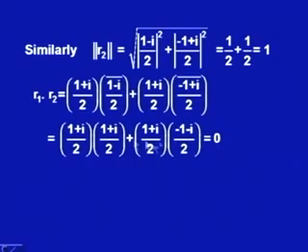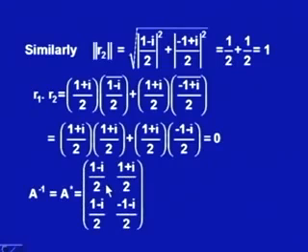So, what we have is two rows R1 and R2, their dot product is 0 and their magnitude is equal to 1, and that means the matrix which is given to us has row vectors which are orthonormal. They are normal because of this, they are orthogonal because of that. So, in this way we say that A star is equal to A inverse, it is a unitary matrix.